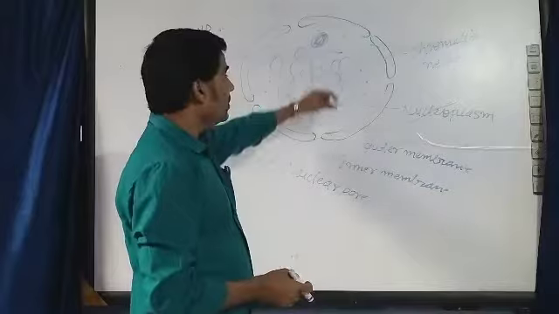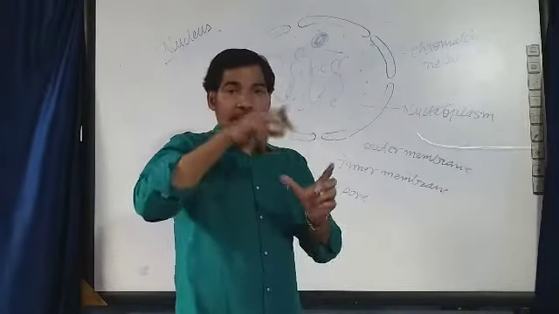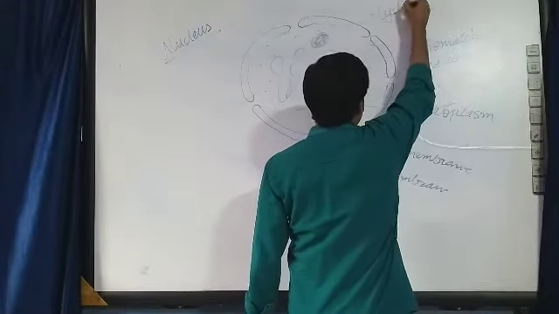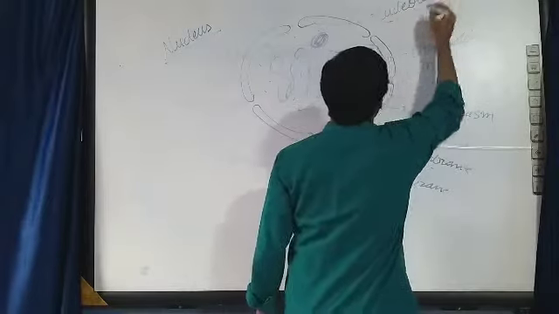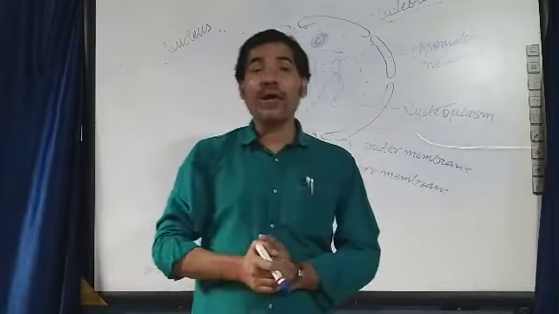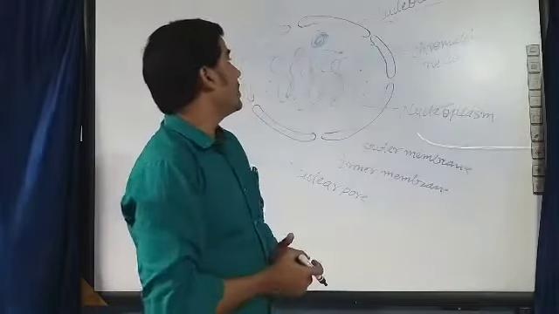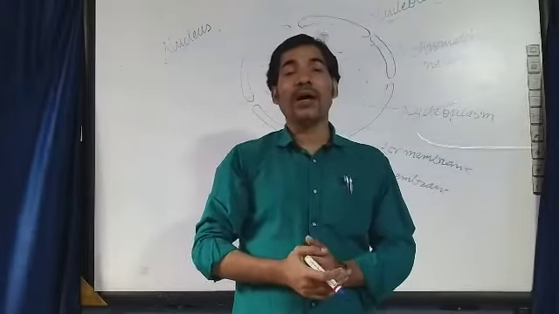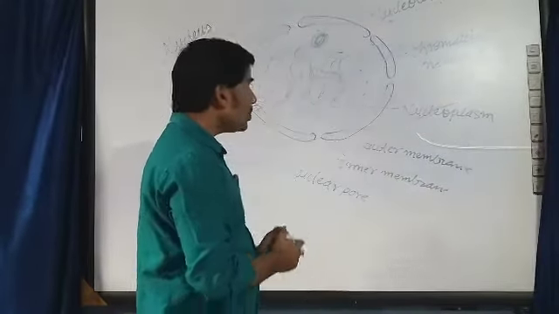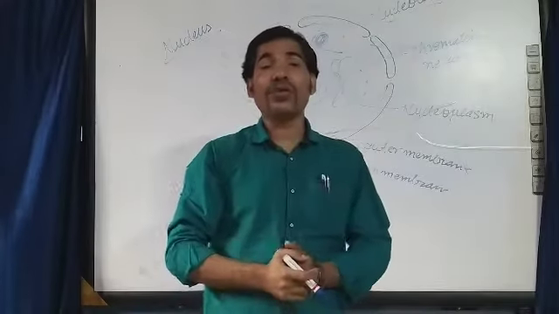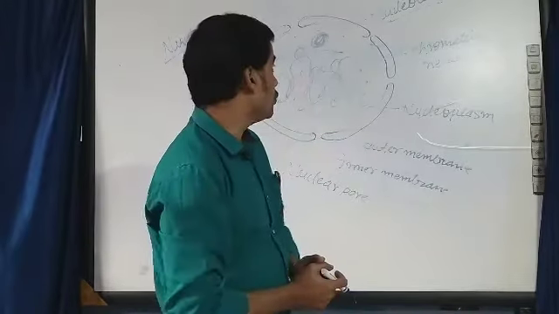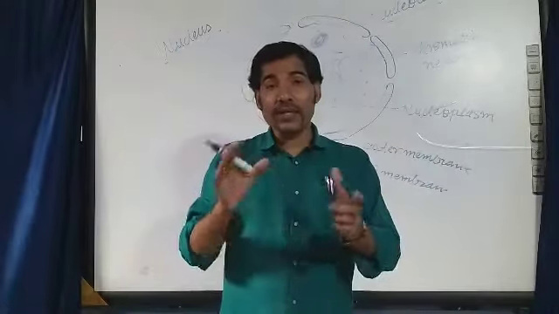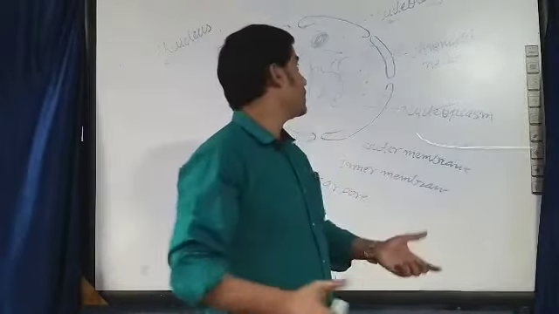Now listen, in the nucleoplasm, a membranous rounded structure is present, that is called the nucleolus. This nucleolus helps in the synthesis of RNA, which is essential for the synthesis of protein. So this nucleolus is also known as the factory of RNA or factory of ribosomes. In the nucleus of a eukaryotic cell the nucleolus is present, but in the nucleus of a prokaryotic cell, the nucleolus is absent.